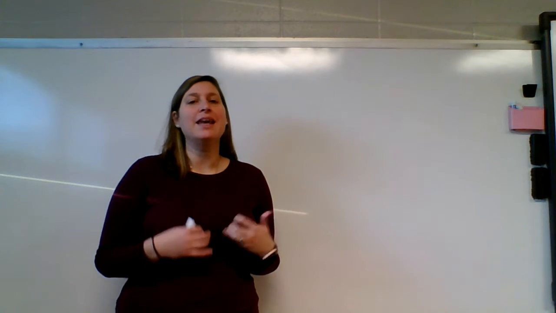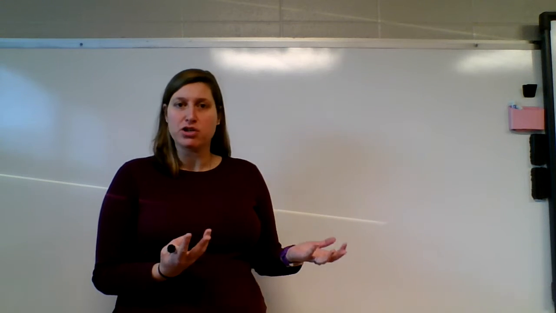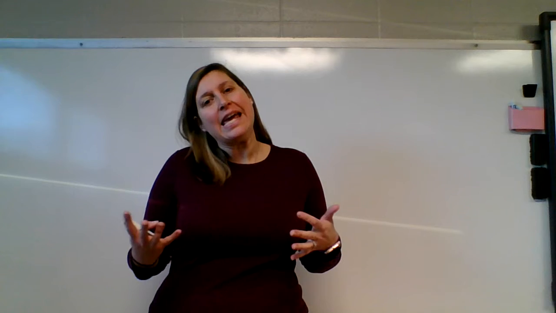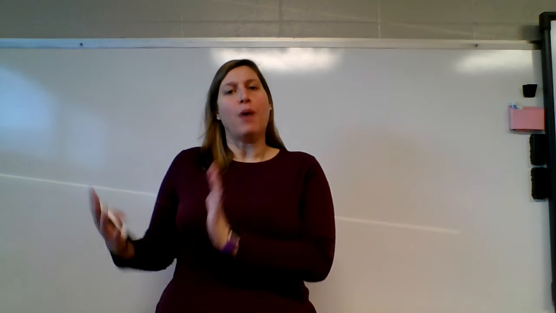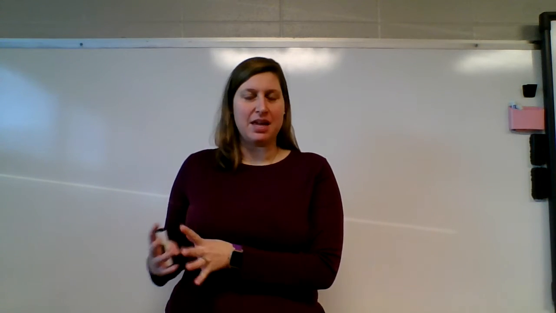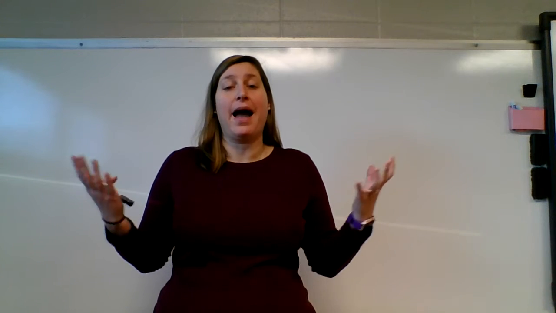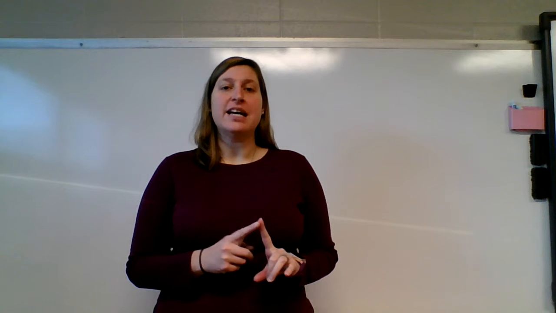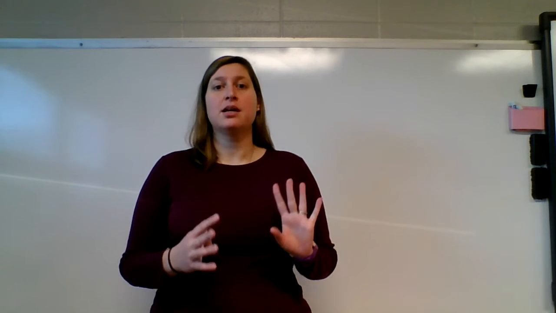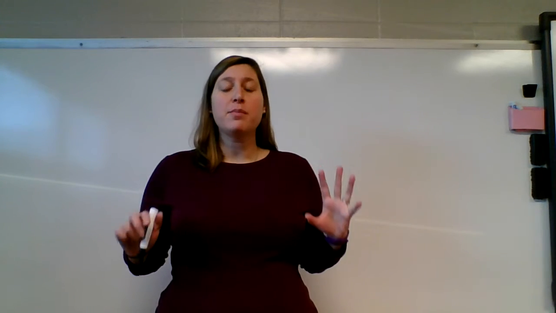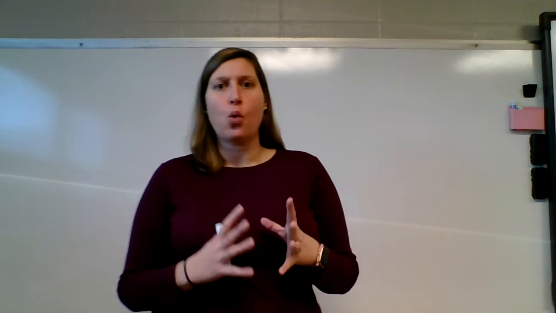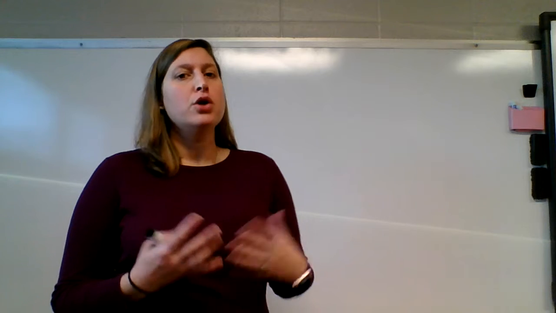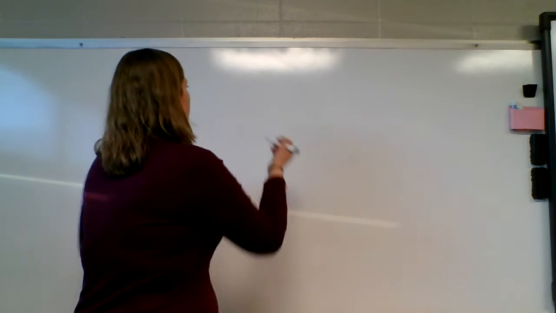The only numbers that cannot be rational are called irrational. They're numbers like pi, and there's something called e. Those are irrational numbers. They never stop, they never repeat, and we cannot write them as a fraction. So we're going to focus on decimals, percents, and fractions, and we're going to be comparing them to be able to determine which number is larger or smaller than the other. So let's just start with